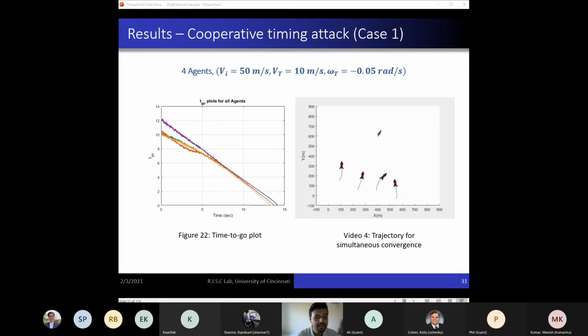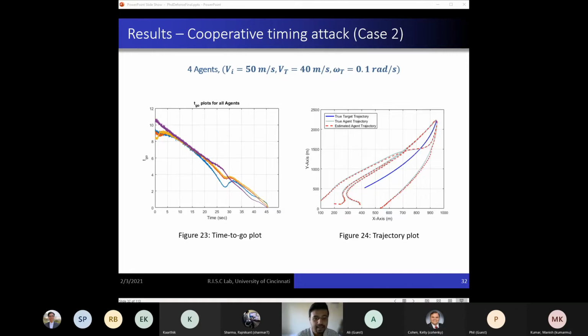We see that using the algorithm, 4 agents can reach the moving target at the same time using the estimated states without needing any external global features. So we can see that the difference between the slowest and the fastest agent is less than a second. It was about 0.6 seconds for a 1000 by 1000 meter square area. We also see that if we have a target that moves at 80% of the speed of the agents, they are still able to successfully converge onto the target at the same time.